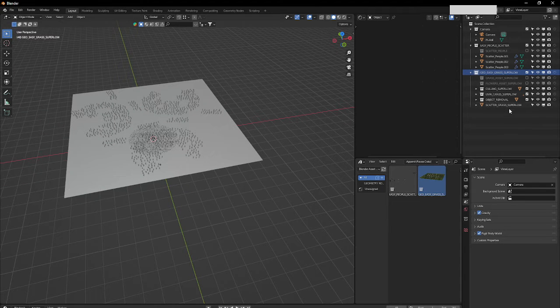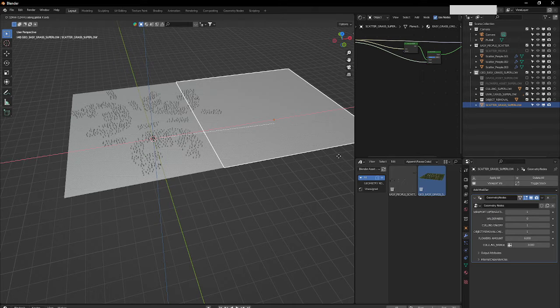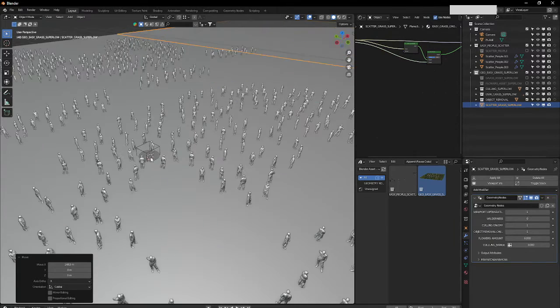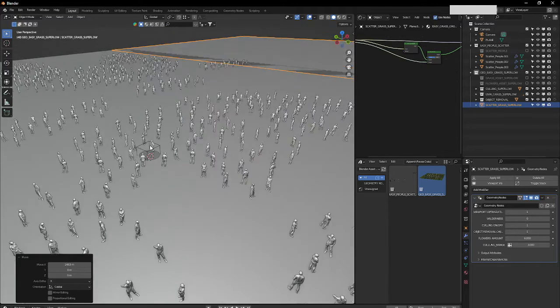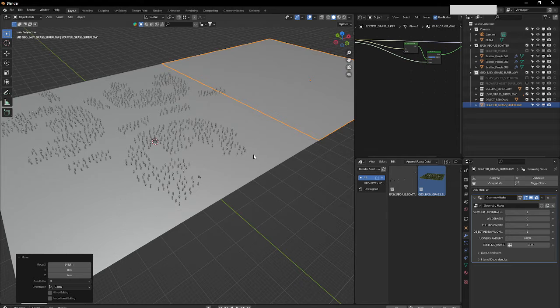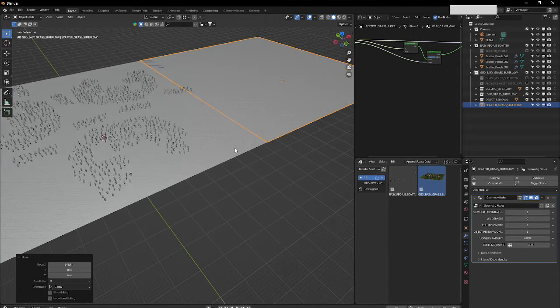And I just have my grass here. So I will bring my grass right over here, so grass is not even showing anymore, because the culling is here. The only thing you have to do when you have your grass here in your scene, right,